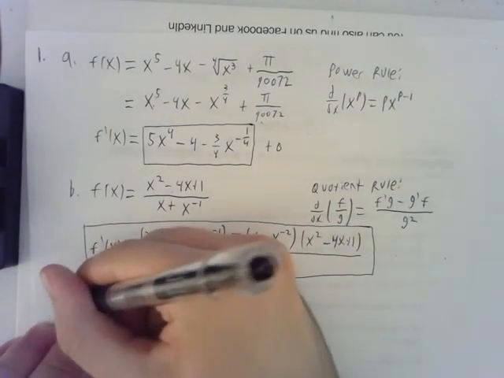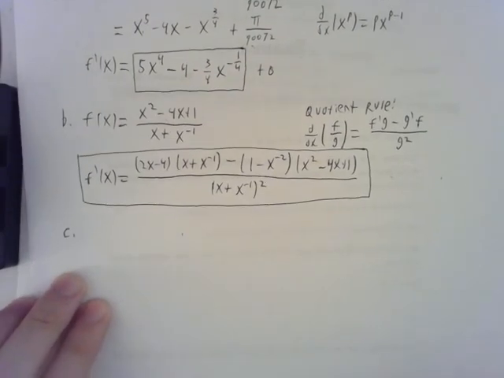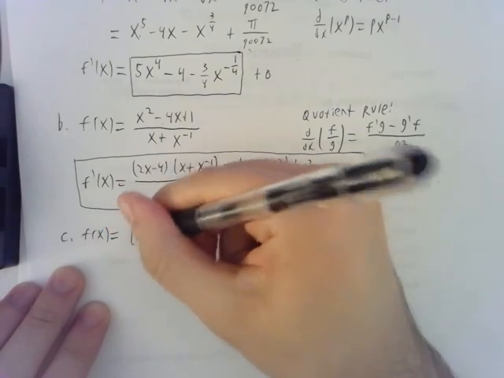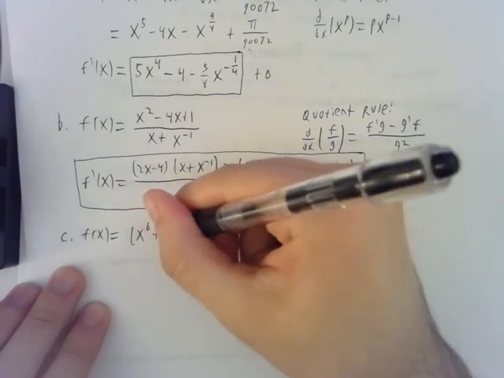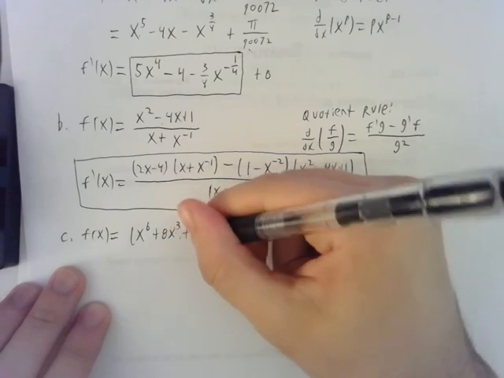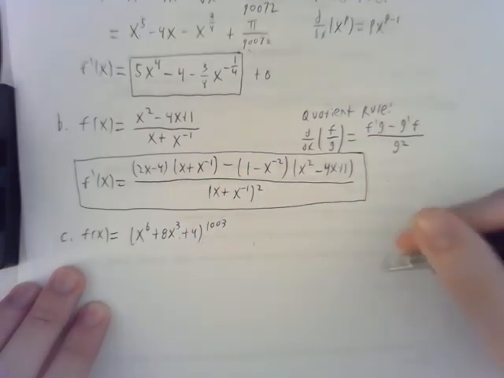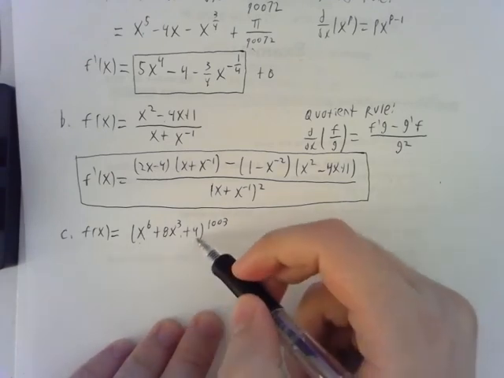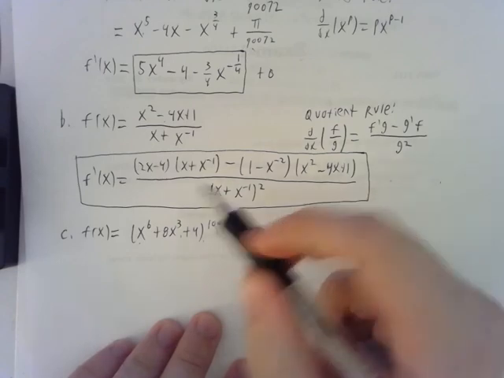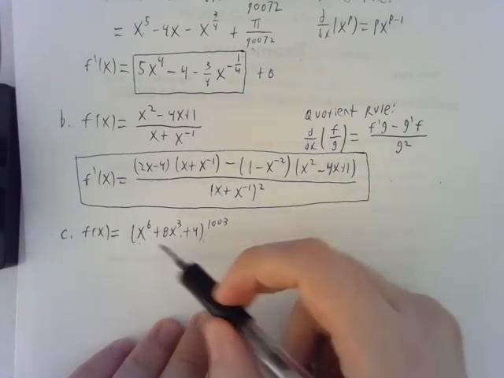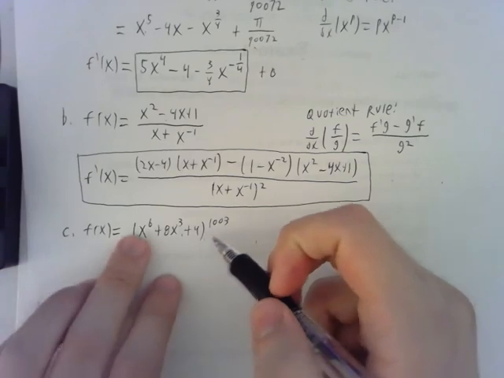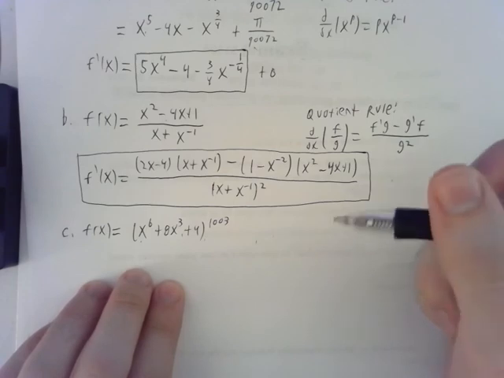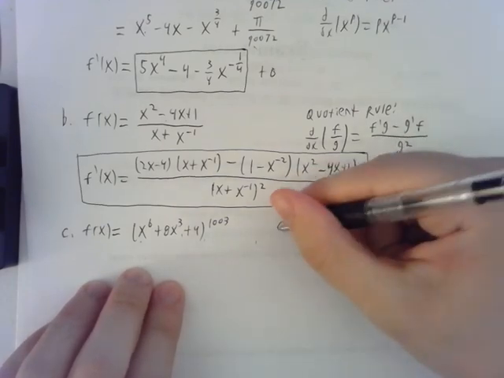Okay, so in the last part of this problem, we're asked to look at f of x equals x to the 6th plus 8x cubed plus 4, all to the 1003 power. And so for this problem, we have something inside of something being raised to the 1003 power. So the inside function here is x to the 6th plus 8x cubed plus 4, and the outside function is x to the power 1003. And we know that if we have a function composition like that, it can be useful to use the chain rule,